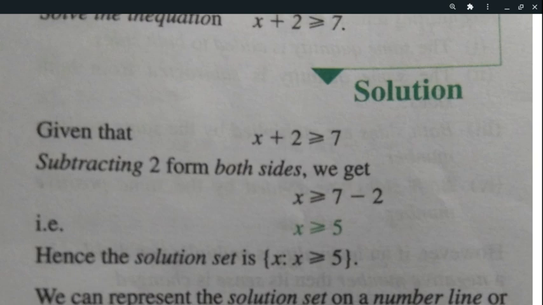So now turn it to 5. So now the range of x is greater than or equal to 5, but we're not finished because remember, to write your answer in equations, you need to tell me the solution set. So you would say, hence, the solution set is the set of, so you read this bracket as, write